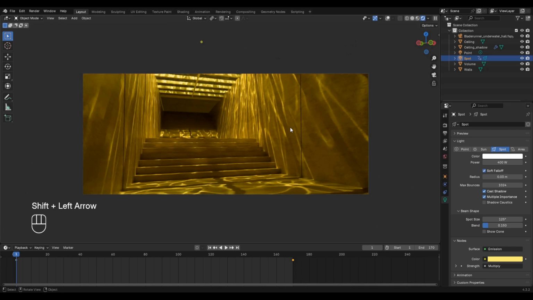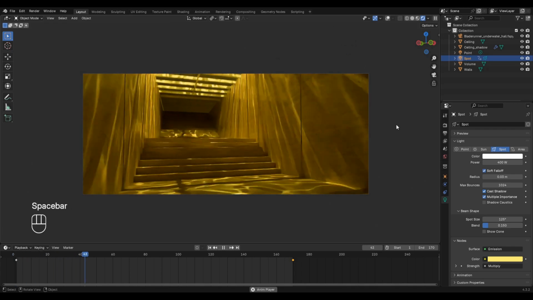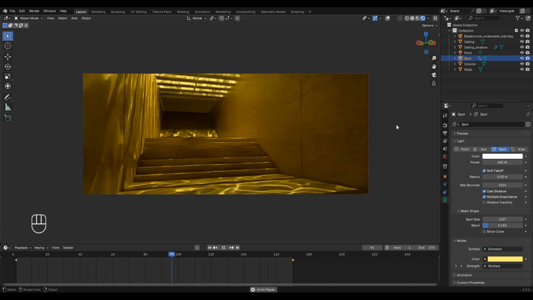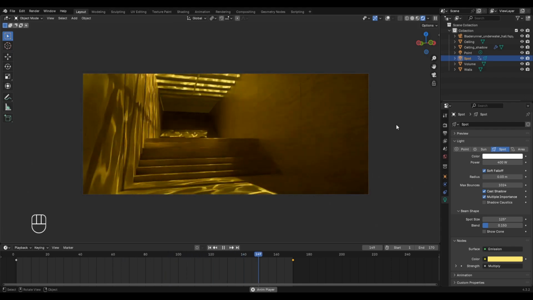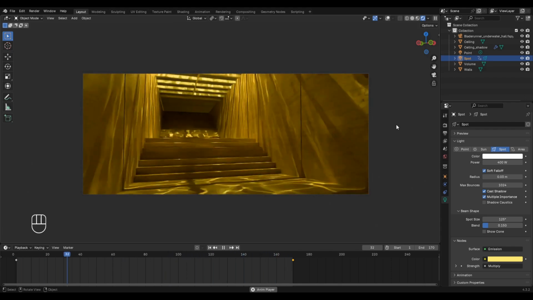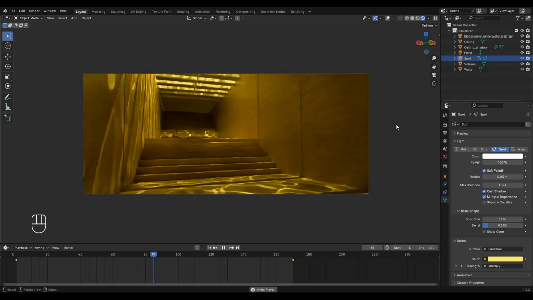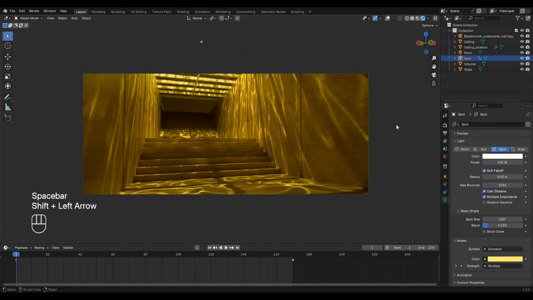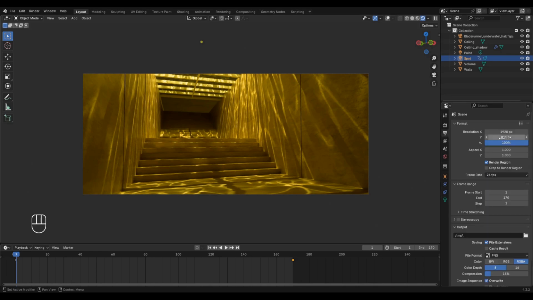Press play or spacebar to see the result. Let's set up Output Properties to save the animation. Go to Output Properties tab.